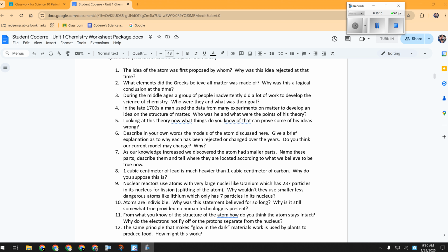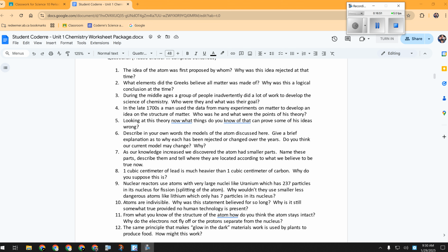Yes, he couldn't prove it, and also because there was already something people liked better? The elements. Right, the four elements idea. That was more tangible to the people. It wasn't right, obviously, but it was more tangible and more real and made more sense than imaginary little particles that no one can see. That sounds crazy. You can imagine someone from that time, that would sound even crazier. All right. Number 2, the elements the Greeks believed all matter was made of?